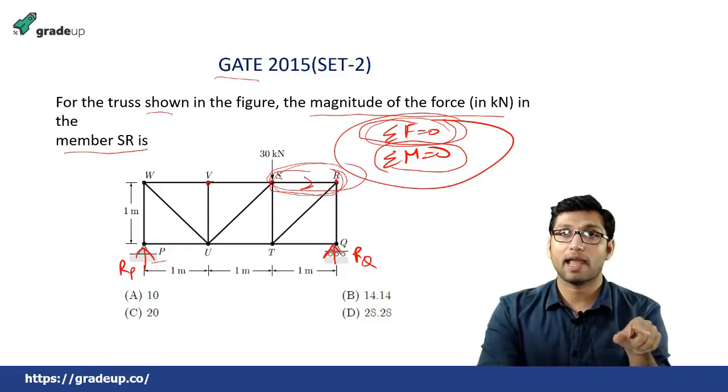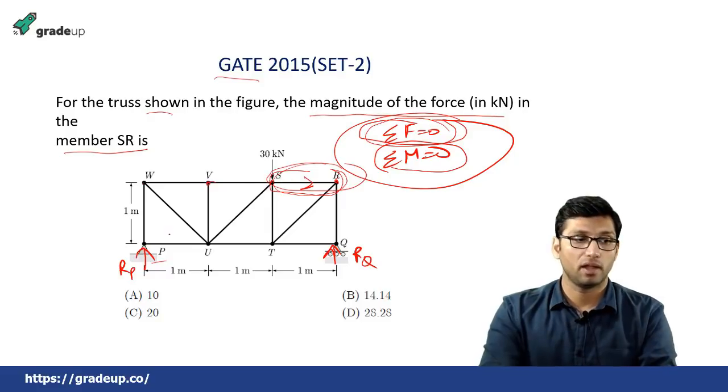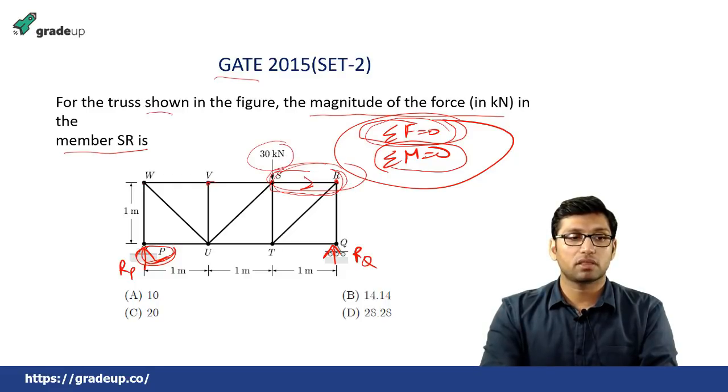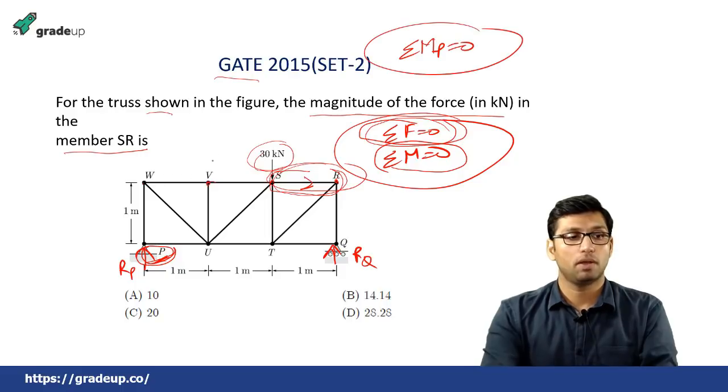So here we can apply the method of equilibrium of moment. Firstly, we'll take moment about this point P. Why? Because we know the value of this 30 Newton force. If we apply the moment at P, the moment at P is equal to 0, because this is fixed here. The total moment at point P will be equal to 0, and this will be equal